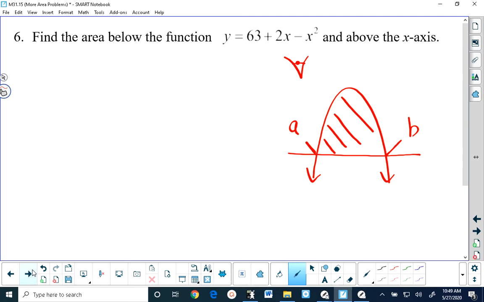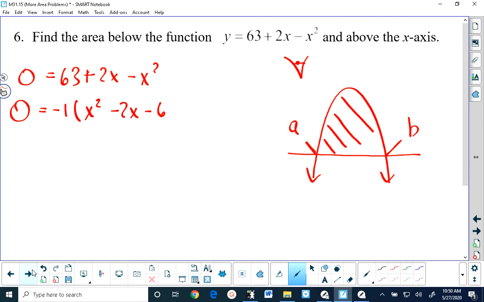How are we going to find a and b? Well, what we're going to do is find the x-intercepts by solving this equation. I'm going to factor a negative 1 out. I know that we could multiply both sides by -1, but I don't like to do that. I like to keep the negative as part of the function. And I get x squared minus 2x minus 63, which means 0 equals -1 times,